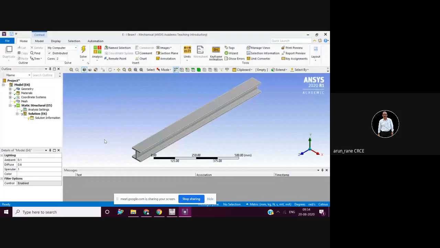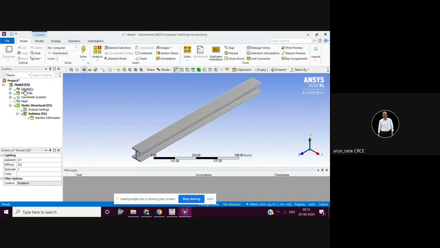So it has limitations in the sense of how many nodes you can define and what mesh size you can define, being a student version. Now once you have this model, you look here. This is a project that is an I-beam. Here the file is named as the project.